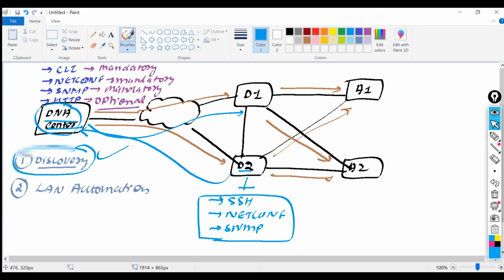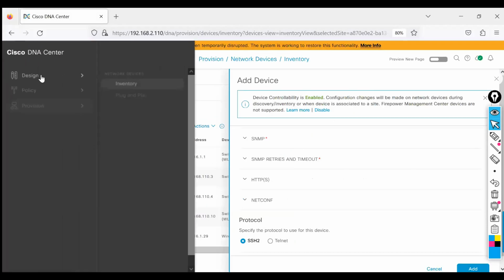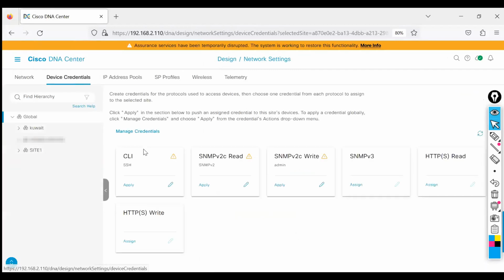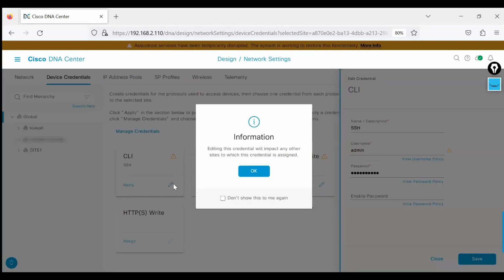So when DNA Center discovers the devices automatically, then once the device is discovered, DNA Center will push the configuration of SSH, NETCONF, SNMP, HTTP. What you have to do here, in this tab, design, network settings, and device credentials, you have to save the password here. You can say edit,